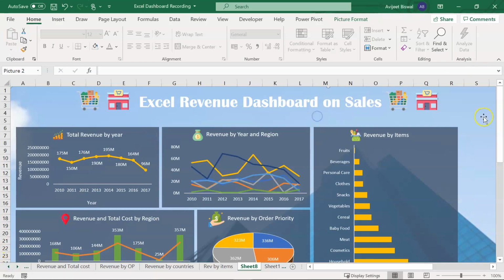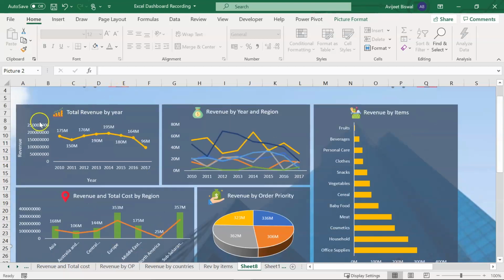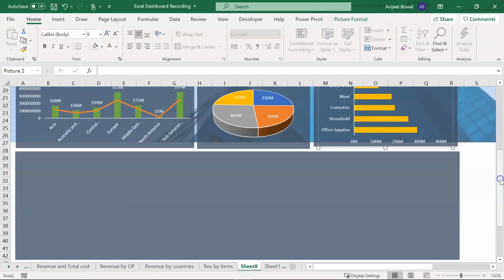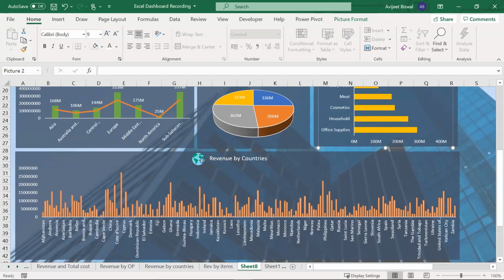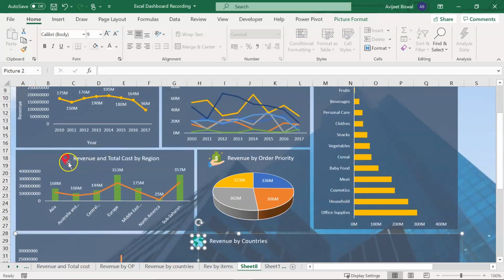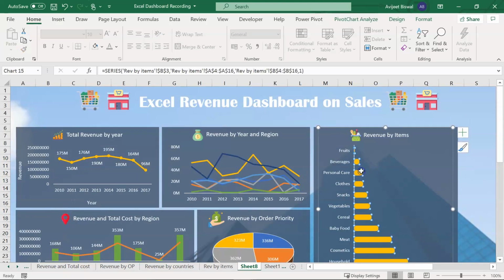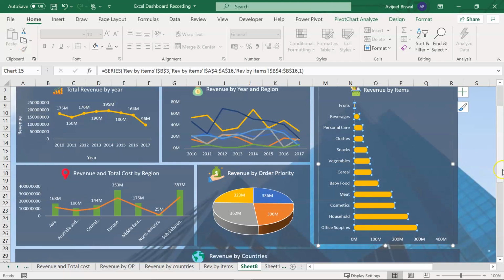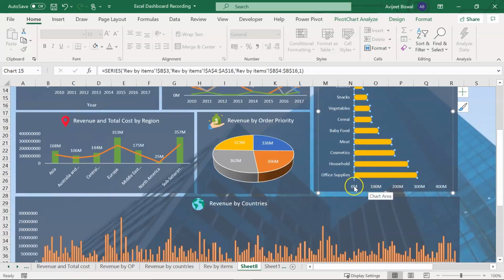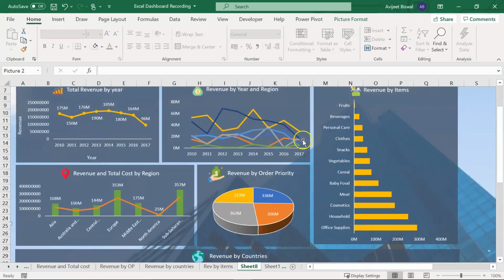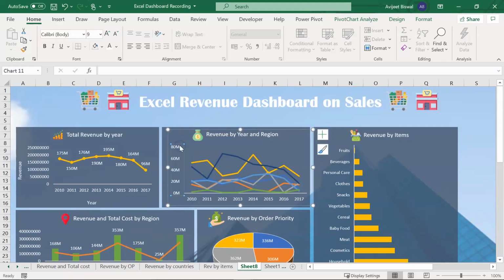Alright, so now you can see on your screens we have nicely formatted our dashboard. So I've added a few logos for each of the charts. You can see the logos here. So for revenue by countries, we have a globe. Then if you see here, this is kind of a map or a location. Similarly, we have all formatted the color of the bars. Then we have also formatted the labels in terms of millions. If you look on the y-axis, even the revenue for year and region are all formatted in terms of millions.